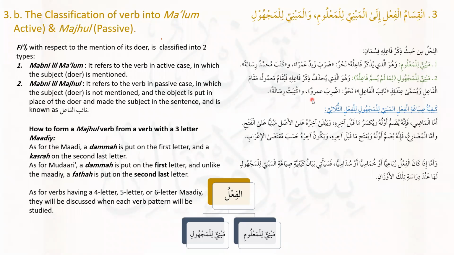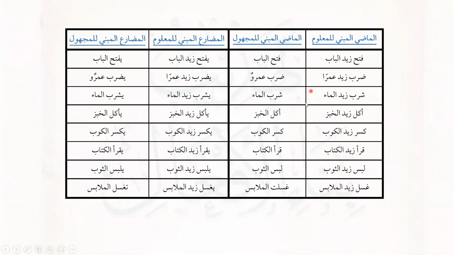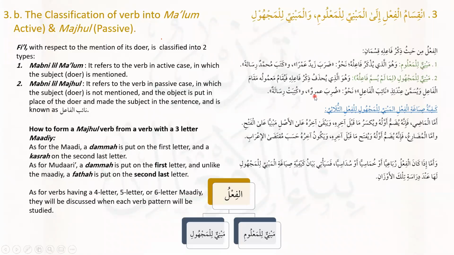طيب. There is a little faida here. طبعا the dhamma here is not supposed to be put on the waw. The dhamma يا إخوان is supposed to be put on the ra. Here there's a mistake. I put the dhamma on the waw. I have one question. When we pronounce this name as Amrun and Amran and Amrin, why do we put a waw? Or why did the Arabs put a waw for Amr? Amrun.